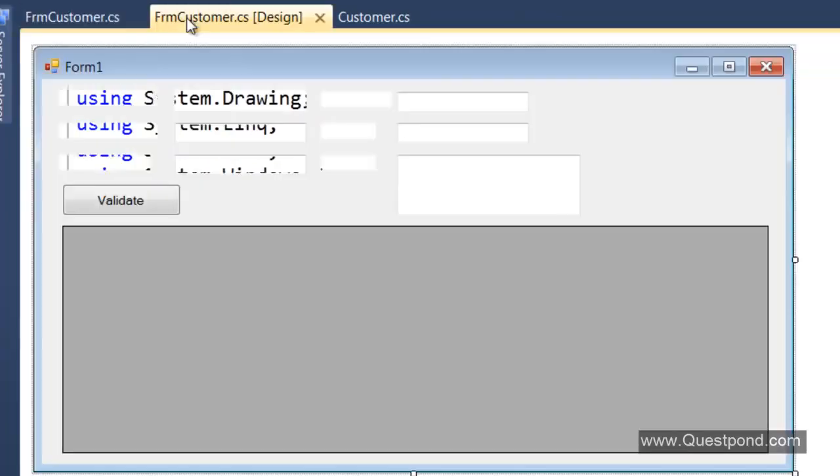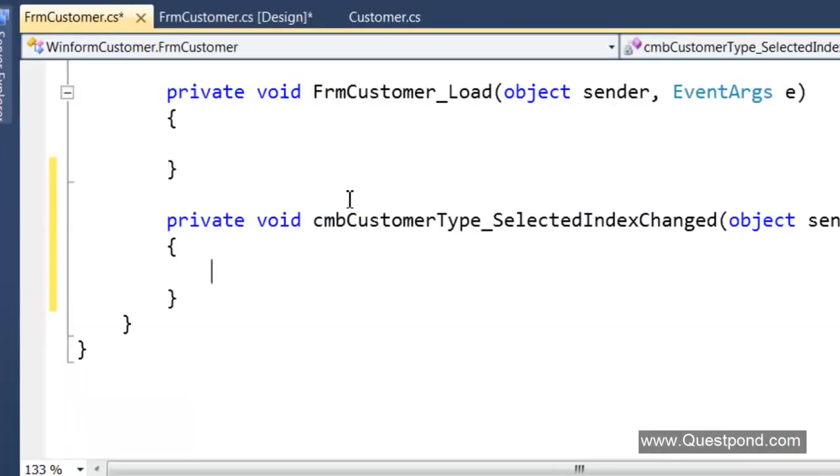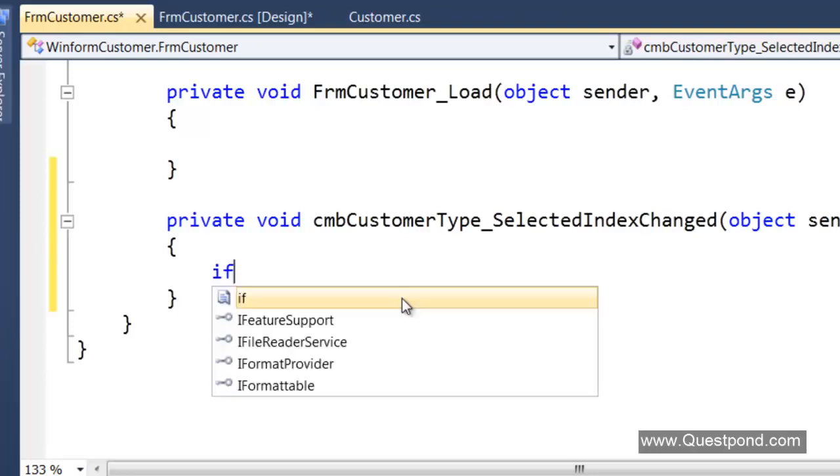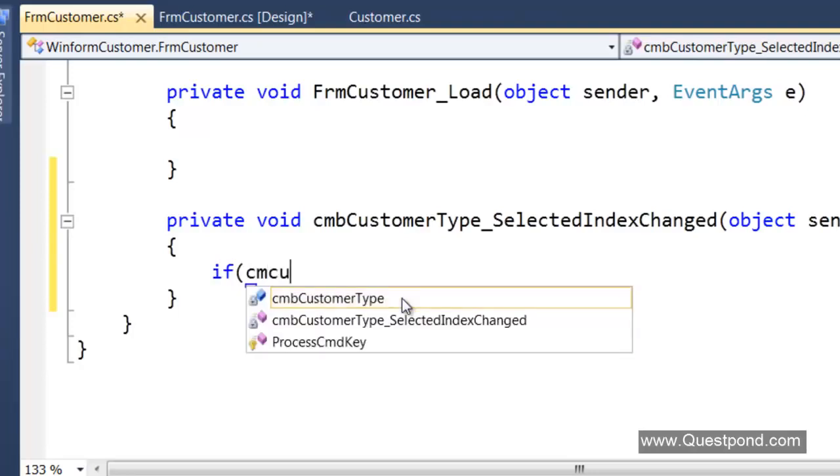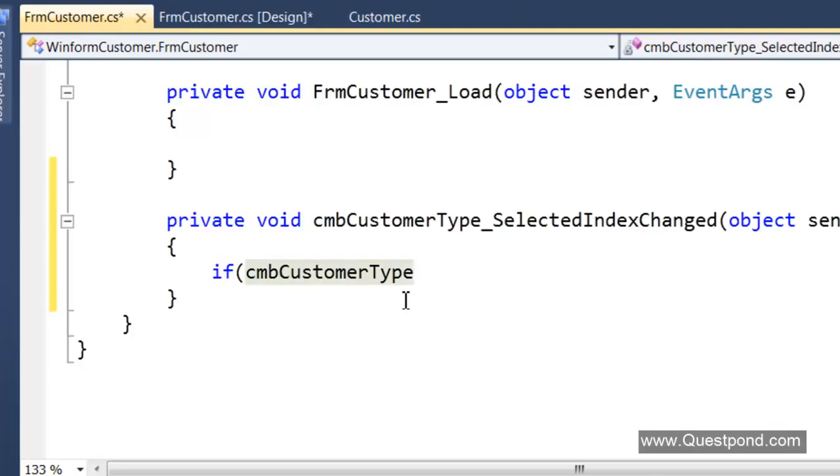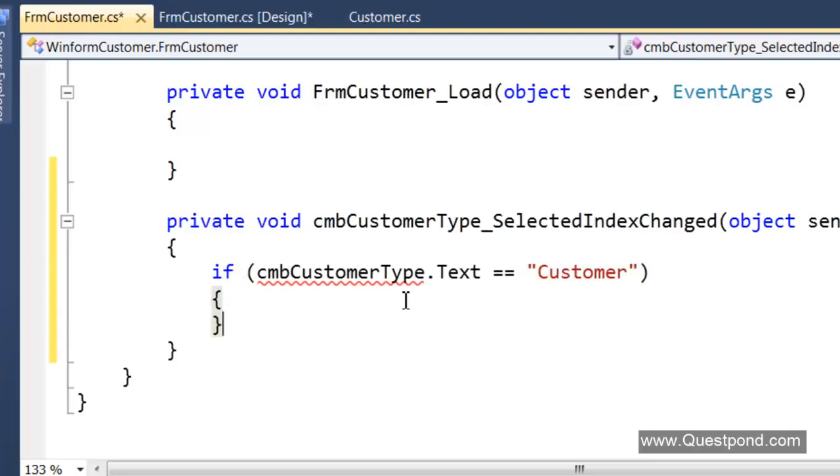So in this combo box selected change event, what I'll say here is if the customer type dot text which is selected is customer, then please go ahead and create the object of the customer, or else go ahead and create the object of the lead.